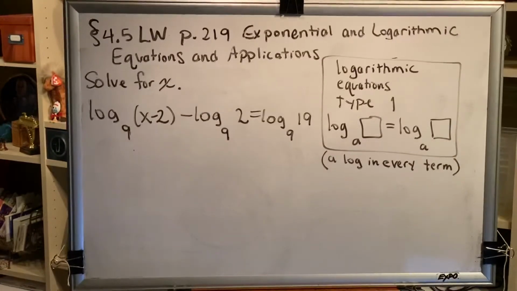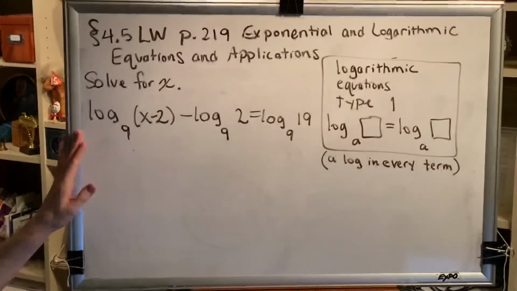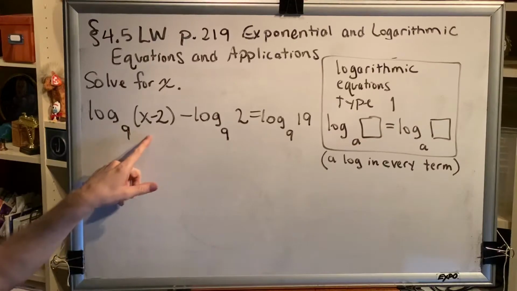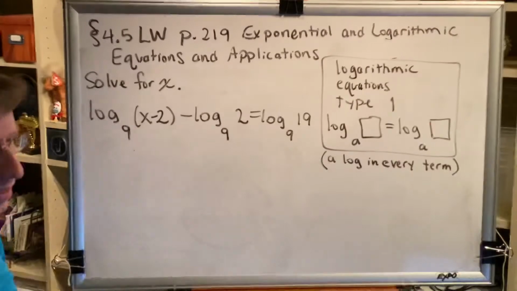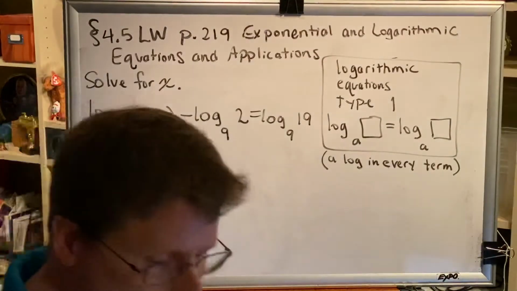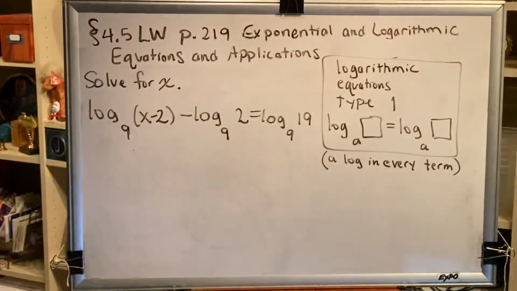Okay, on Learning Workbook page 219, there is one more logarithmic equation of type 1. Let's solve it now. Solve for x. Log base 9 of the difference x minus 2 minus log base 9 of 2 equals log base 9 of 19. Okay, so the first thing that I want to point out to you in this particular problem is that